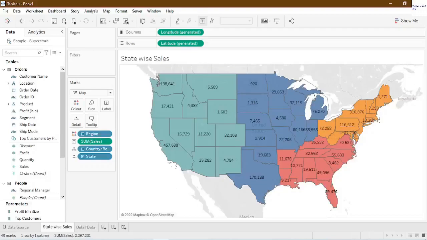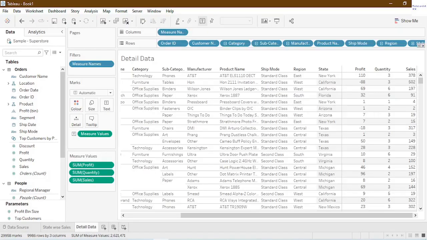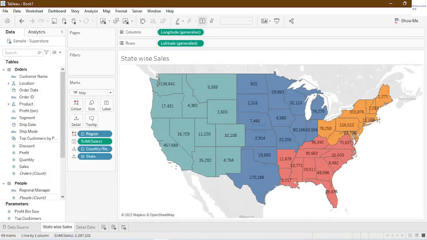Today we are going to see how to create a reset button for the filters in Tableau. For that purpose, I have used a sample superstore data and I have created two views. One view is a state-wise sales and the other is a detailed data. As you can see on my screen, with the help of these two sheets, I will be creating